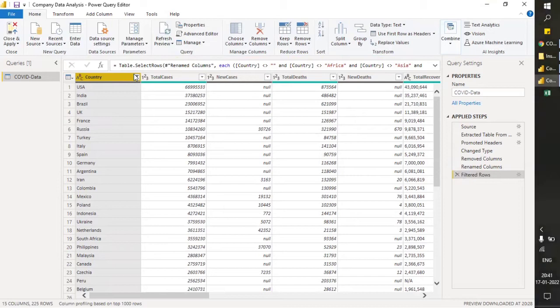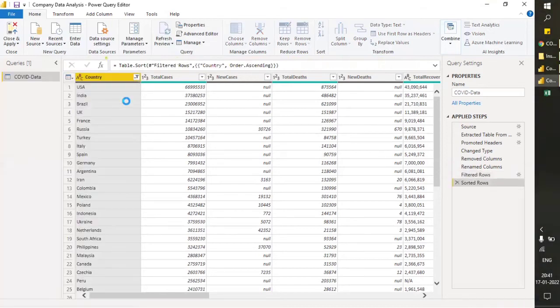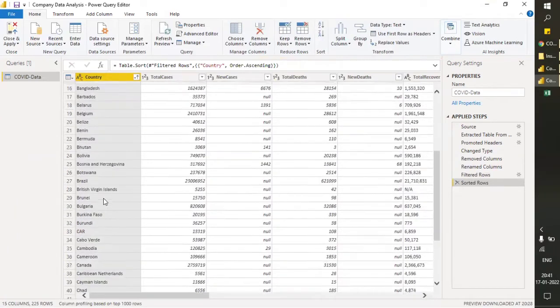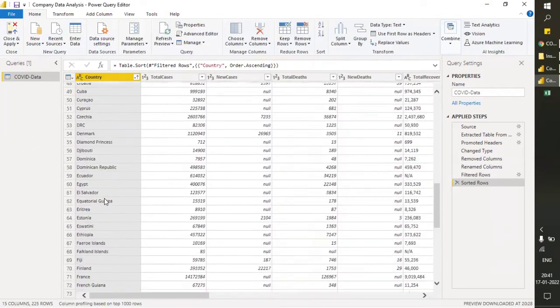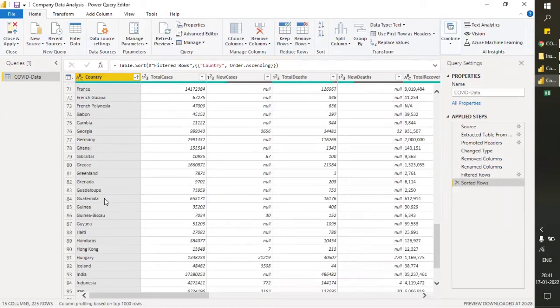And let's sort this by ascending order so that we can see by countries. Let's go randomly over it to see if we find any other unusual name which we don't want, any continent or region. What is DRC? I don't know which.